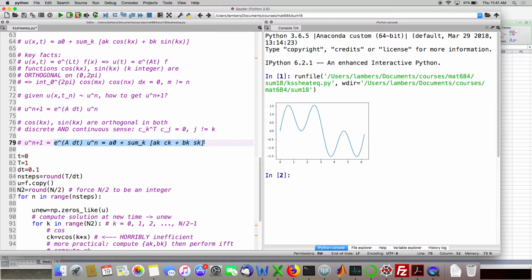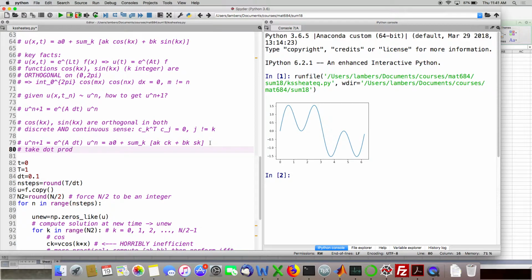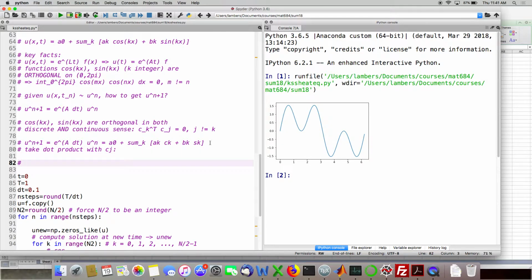So I have this to work with. Now I'll take a dot product with, for example, Cj for some j. So now what I get is Cj transpose e to the a delta t times un. So that's this left side, taking a dot product with Cj, is equal to